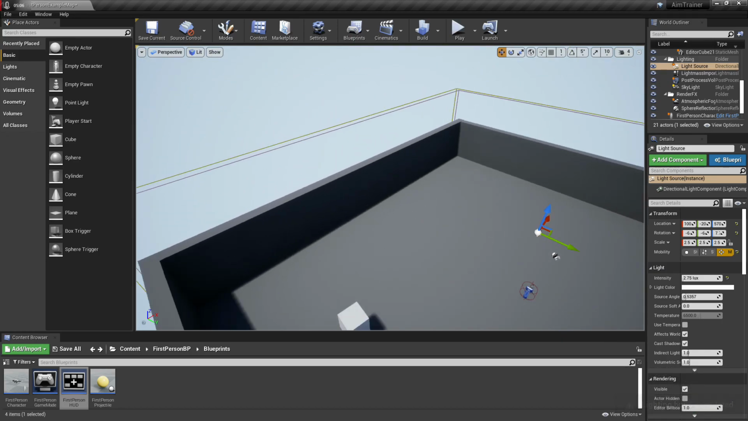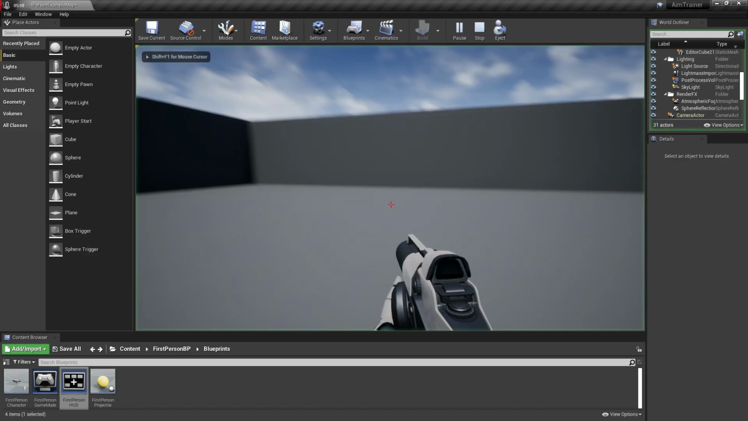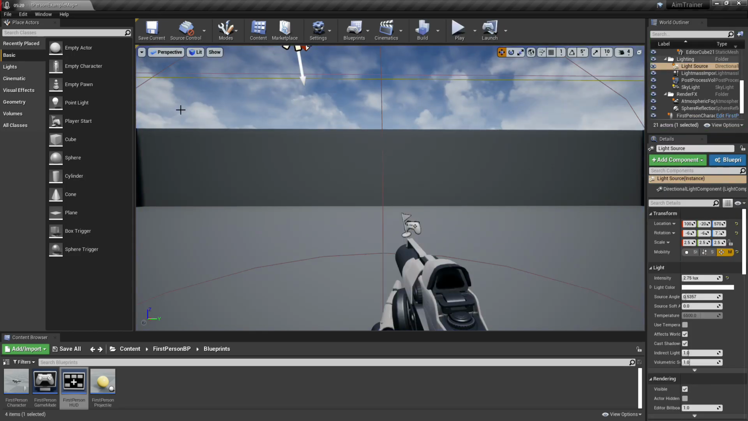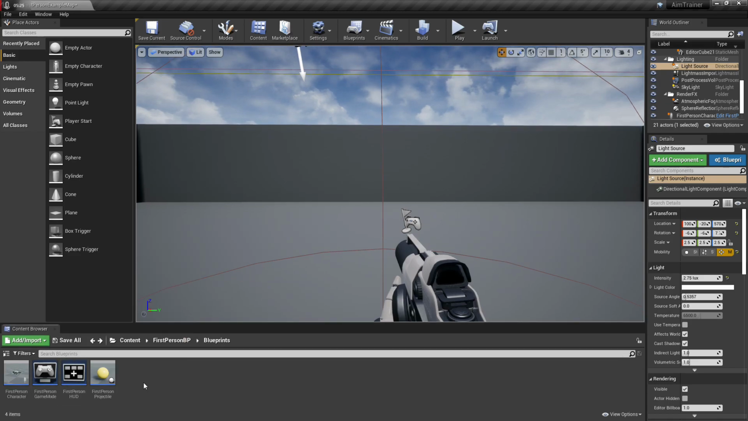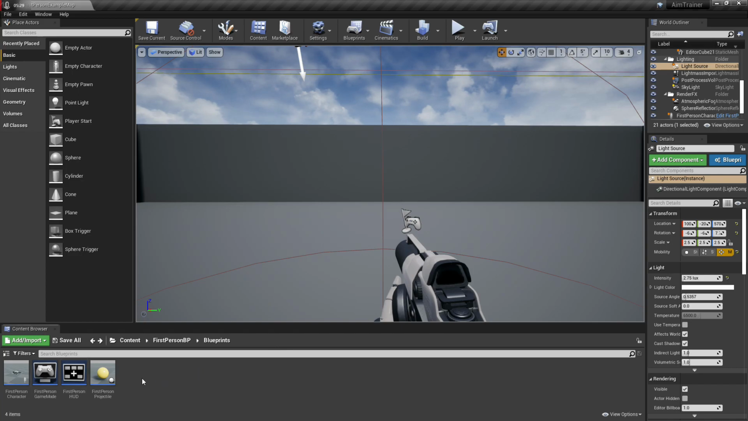Alright, so now we have the shadows out of the way and be a little less distracting when we spawn in to start our shooting gallery. Now to create the moving target itself, while we're in here